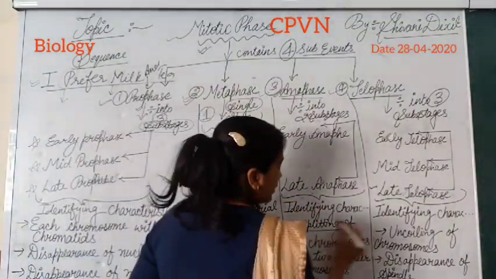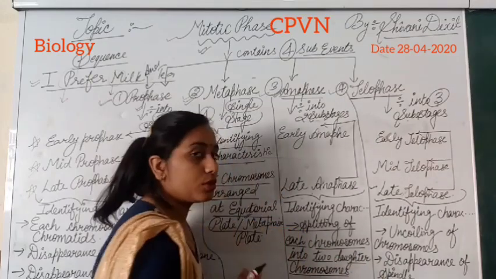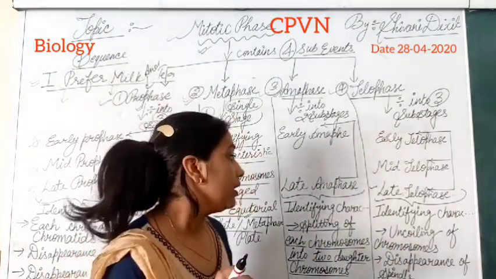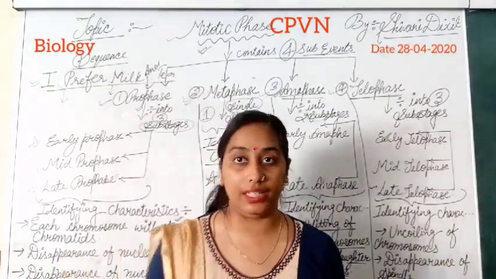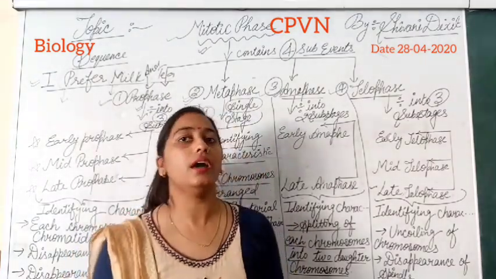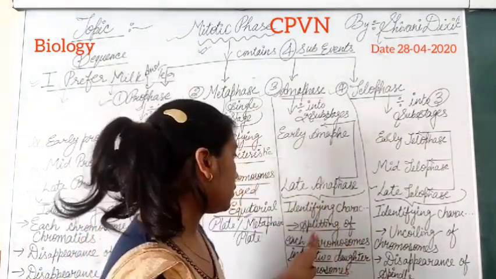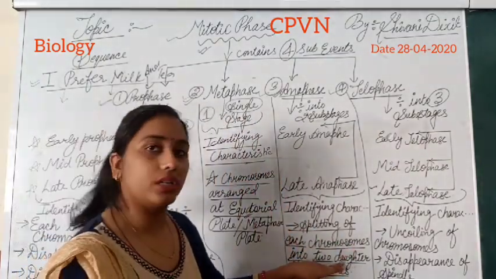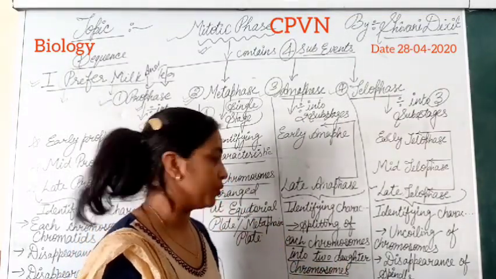In the first point, splitting of each chromosome into 2 daughter chromosomes. I will explain chromosomes in a separate video, right? But you have to remember that chromosomes are made from the condensation of the chromatin reticulum, right? And the chromatin reticulum is also concerned with the genetic material. These chromosomes split into 2. So they are called daughter chromosomes. 1 is the parent chromosome and the 2 are daughter chromosomes.